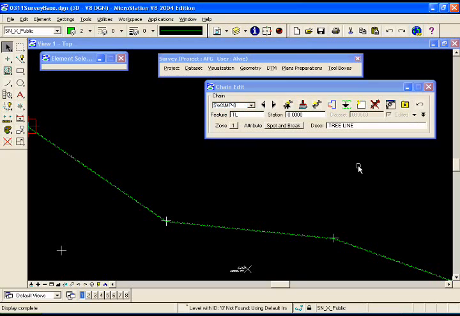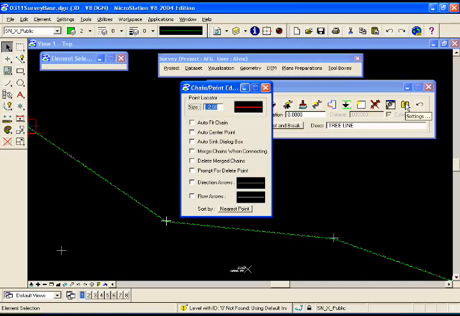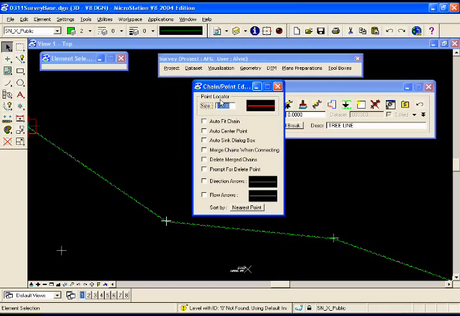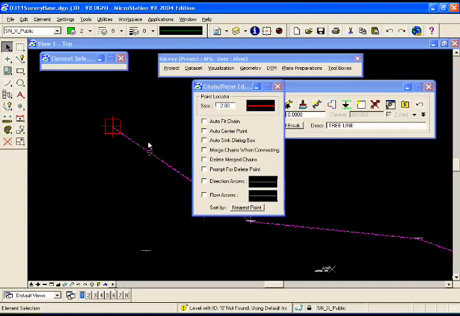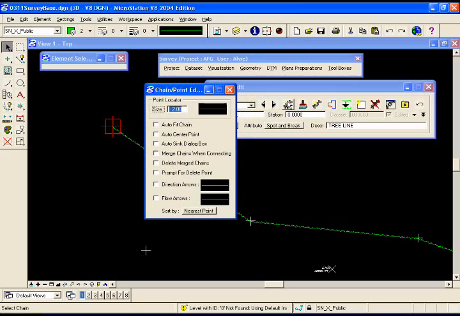Let's take a look at some of the settings available in the Chain Edit dialog box. To do this, I will click on my settings icon, and the first thing I will see is my point locator, size, and symbology: level, color, line style, and line weight. The point marker is just simply this red square and crosshairs, and that indicates the location of the current point that we wish to edit that is part of this chain. Other options are Auto Fit Chain, Auto Center Point, Auto Sync dialog box, which automatically minimizes this dialog when we go back and do a select chain operation,